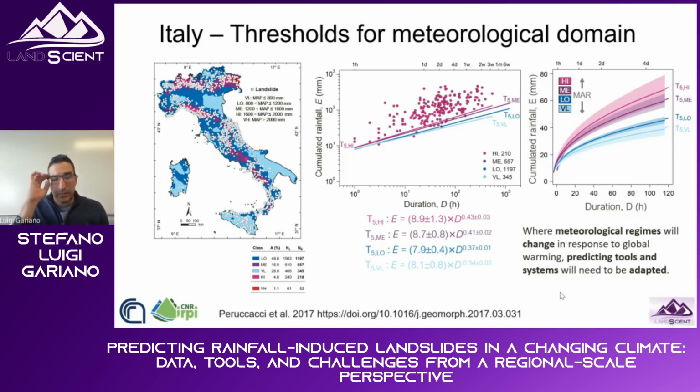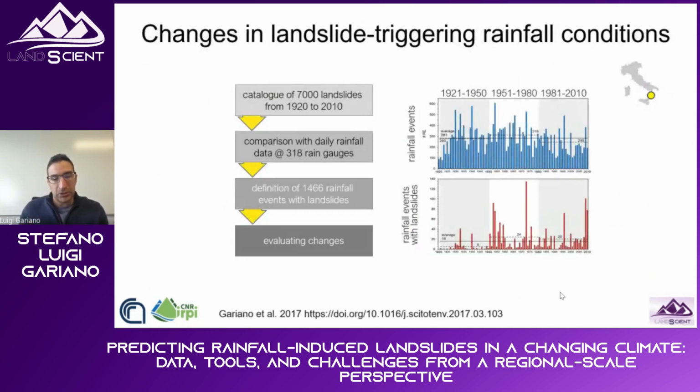And this is also another important consequence, because we have to be aware that where meteorological regimes will change, particularly in response to global warming, all the predicting tools and systems need to be adjusted and adapted to such changes. And this result gives me the opportunity to talk about another application I did, as always